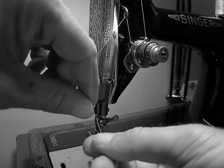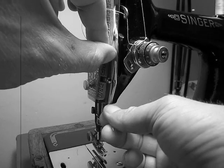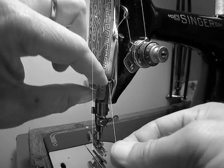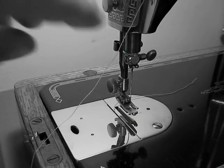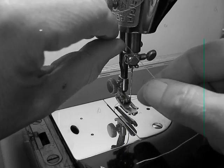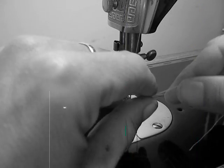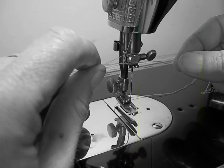Next, we're going to go through the stitch lifter from the right to the left, and then down, and then holding it between your forefinger and thumb of each hand to the right of that little loop there, and down, and then bring it down into the front of that guide there. And then there is one to the right of the needle, which again you simply take the piece of thread, if you can see that on the screen,